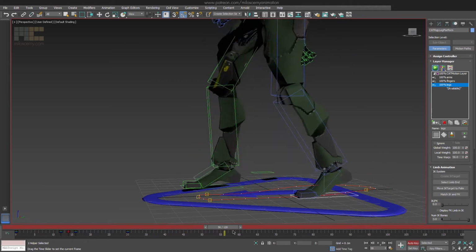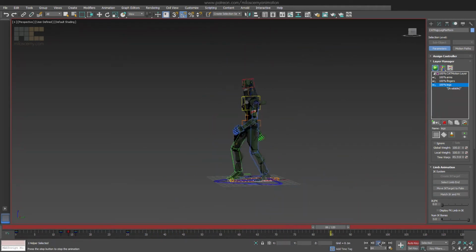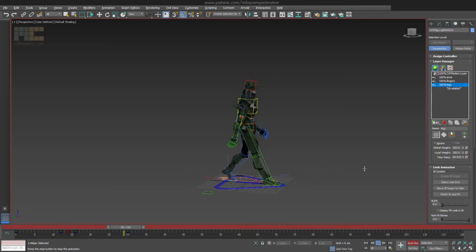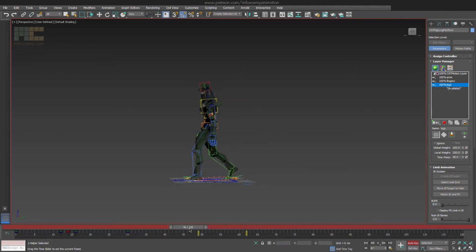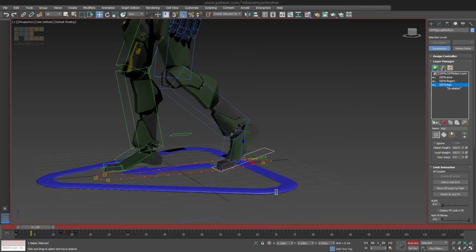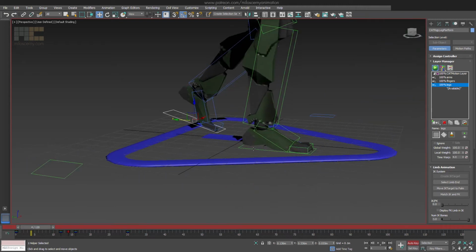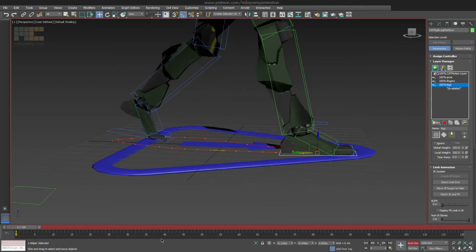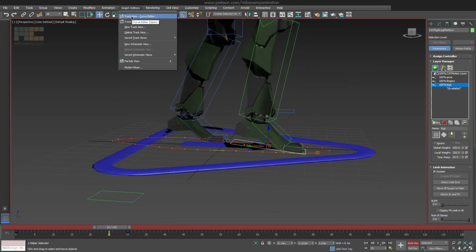Now if you take a look, no more snapping on the blue leg. Let's do the same for the other one. Key the frames at 0 and 30. Loop the animation.